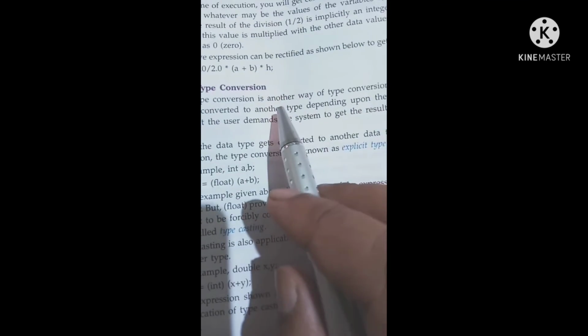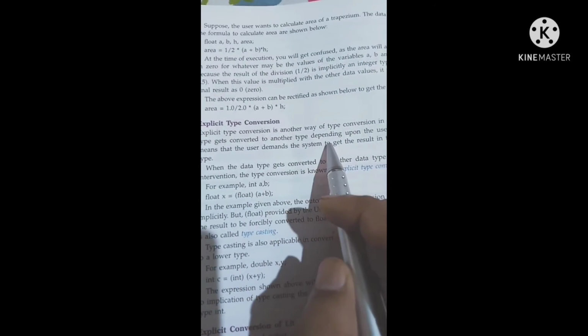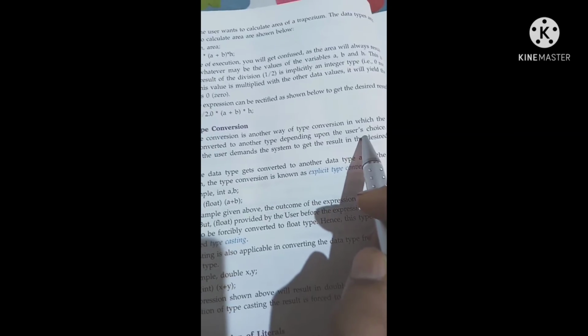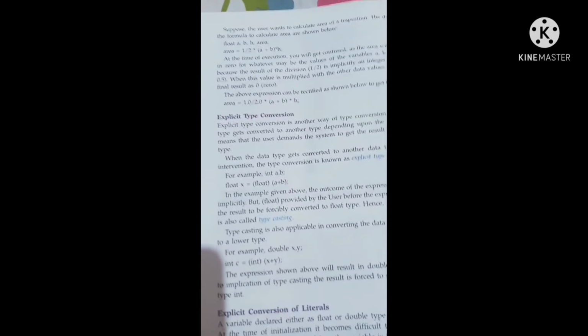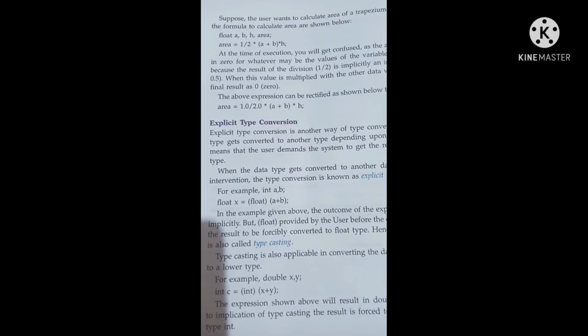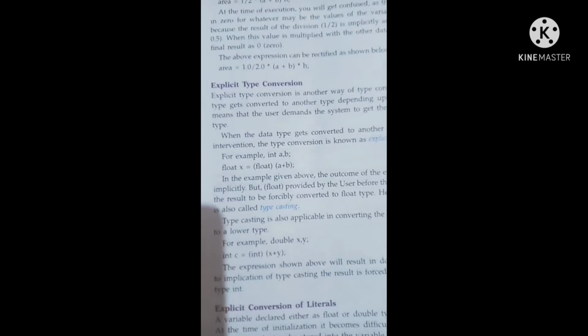Explicit type conversion is another way of type conversion in which the data type gets converted to another type depending upon the user's choice. It is your choice which data type you want to give priority, and you want to find out the result. Okay, the data type gets converted to another data type after the user's intervention. This type conversion is known as explicit type conversion. Okay, for example,